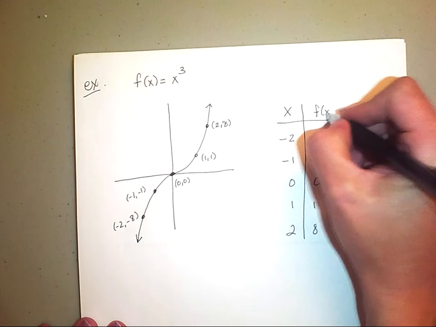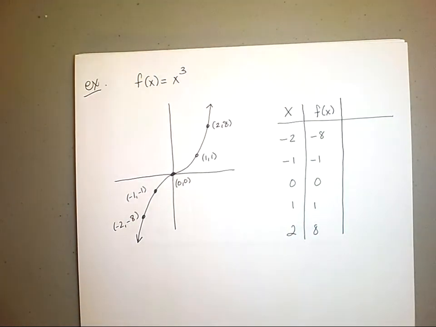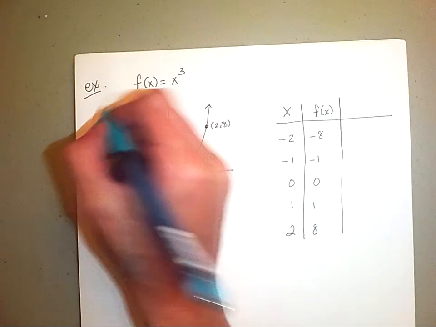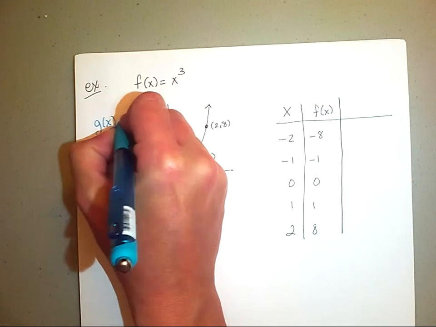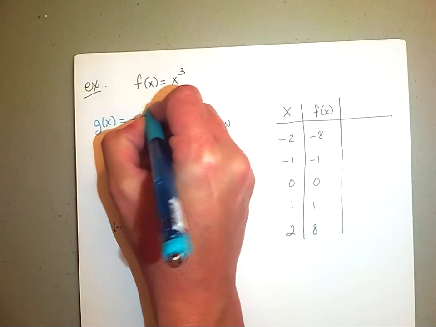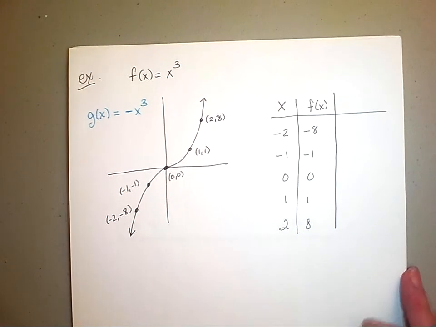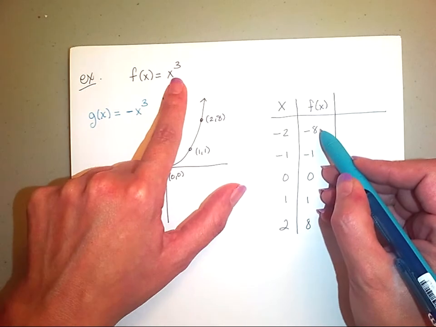This is f of x. All right. Now what happens if we had g of x that was equal to negative x cubed? Well, if we look at that, then as we plug it in, here's our x cubed values,